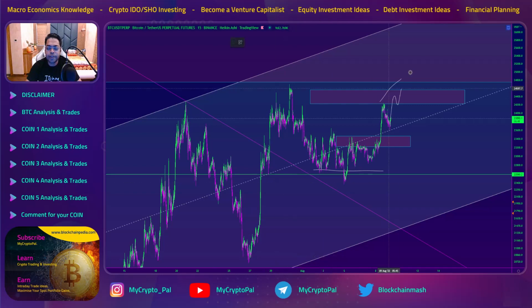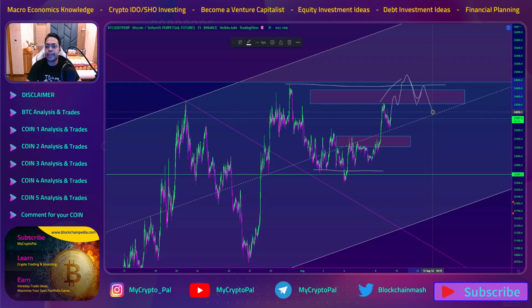But for me, the first short setup will be if we put in a higher high and come down. Then I'll try to take this swing trade failure over here, and this will be the best entry. Either you can do this, or you can wait for this to fail and then test it back again, and then you can enter over here.